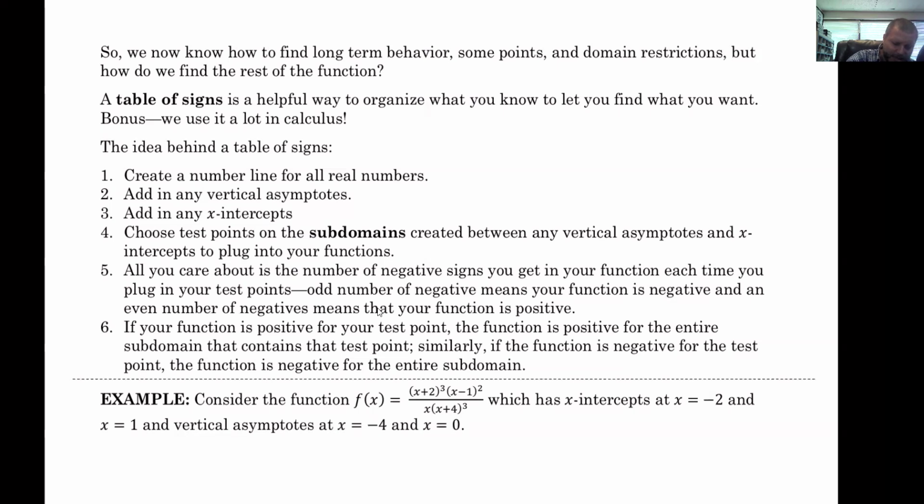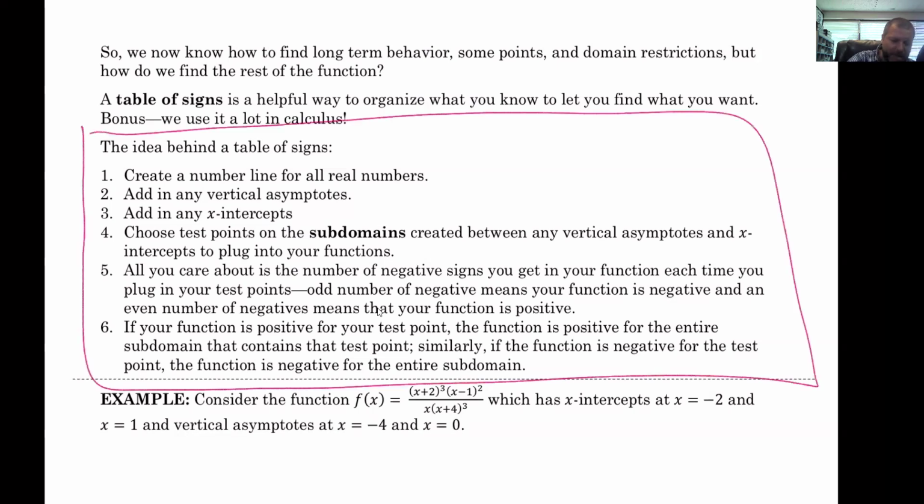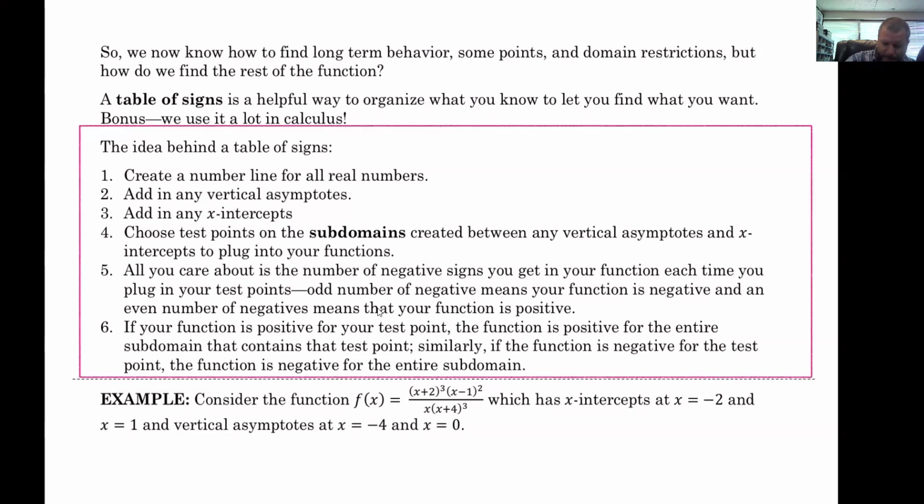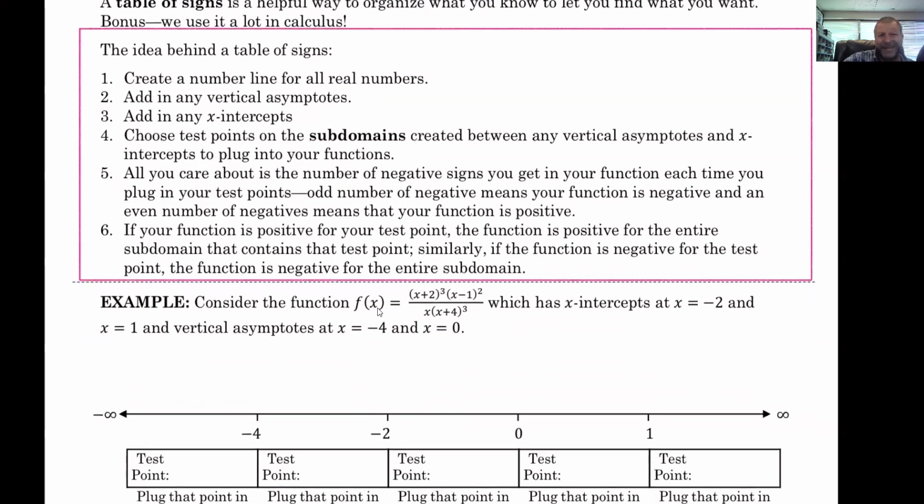But once again, if you just want a step-by-step of what to do for a table of signs, here you go. We generally care about tables of signs in calculus when we work with rational functions, although we can do them for any polynomial. So the first thing we want to do is give everything the benefit of the doubt. Let's pretend that the domain is all real numbers. Once you have your entire domain, we're going to start to split this up into what are called subdomains, right? Our subdomains are going to be any place we have a vertical asymptote or any place we have an x-intercept. So we basically care about what's happening between x-intercepts, or between vertical asymptotes, or between x-intercepts and vertical